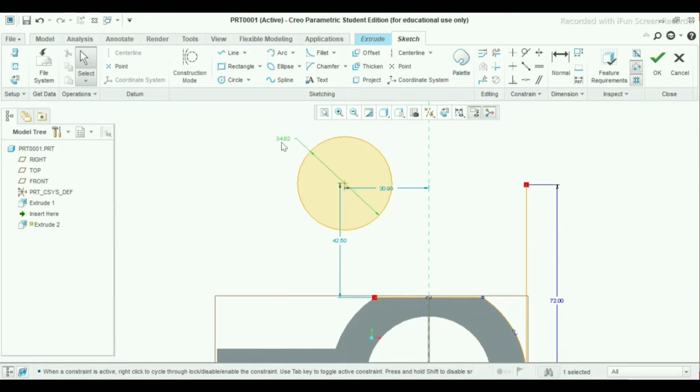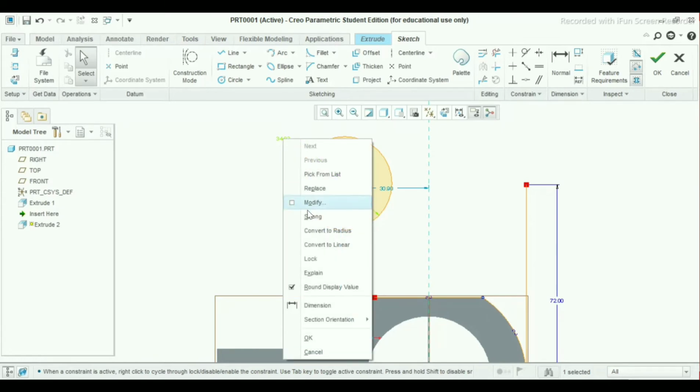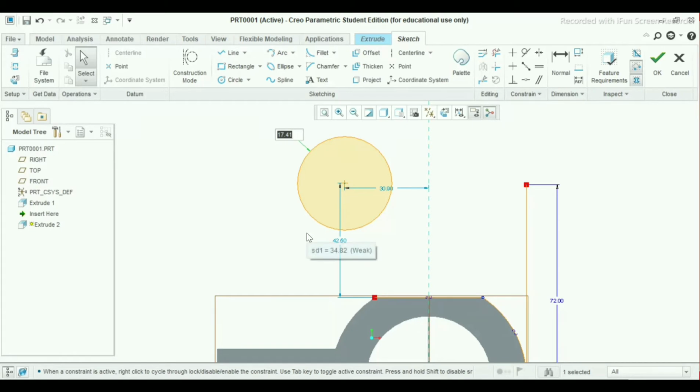Make sure its radius is 19. Convert this by left clicking on the dimension again and pressing right click long. Here it shows convert to radius, so I will select this. Take 19 mm radius. OK.